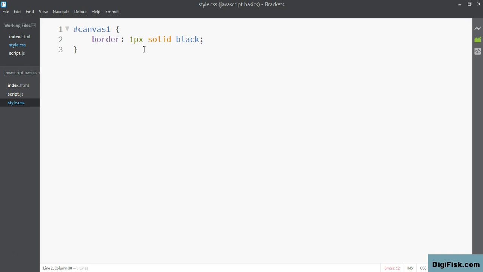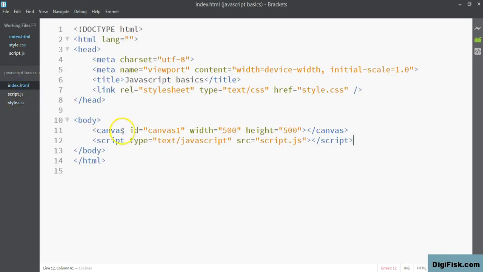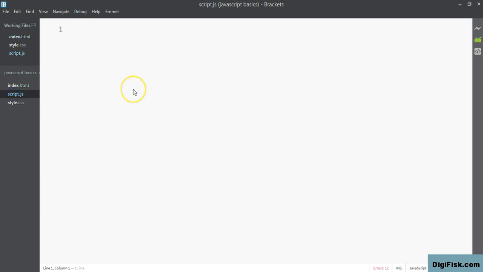Now that our canvas is created, all we've left to do is draw on it. So to draw on a canvas, even though you created a canvas in your index.html file, you need to go to your script.js file. So canvas drawings can only be done with JavaScript code. Alright, so all the code has to be written in your script.js file. So there are 3 steps to drawing on a canvas. Let me mention them in